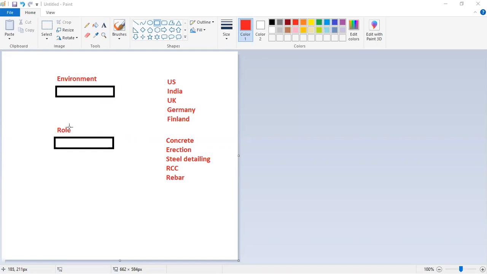So these are the work related areas which have been added here in the role area. We can choose it from here. Different kinds of roles are there. And then lastly, we have the type of license.